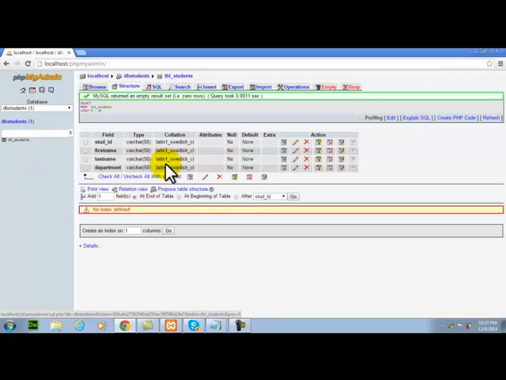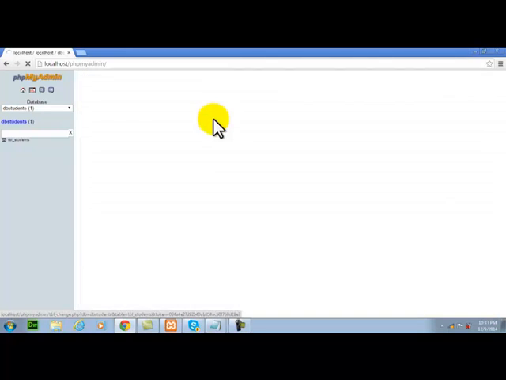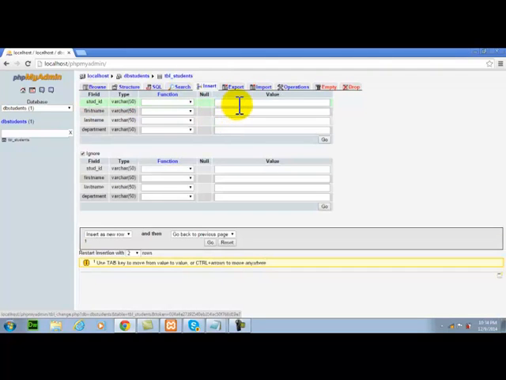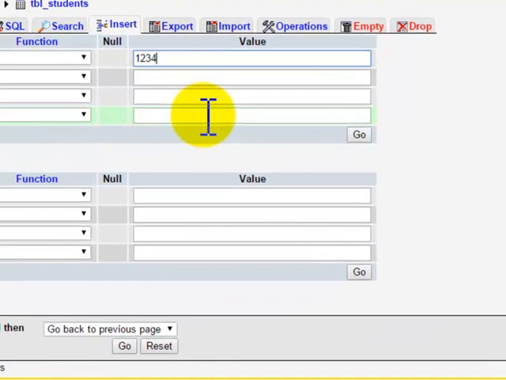And now we are going to insert a record in our table. Just click the insert, then fill all the fields. The first field is the student ID. Then the next one is the first name.